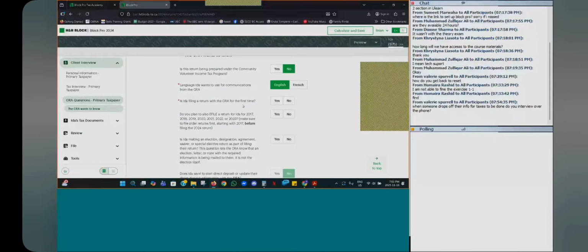Is IDA filing a return with the CRA for the first time? This is a very important question because if someone has never filed a tax return in Canada before, the CRA has no baseline to compare the